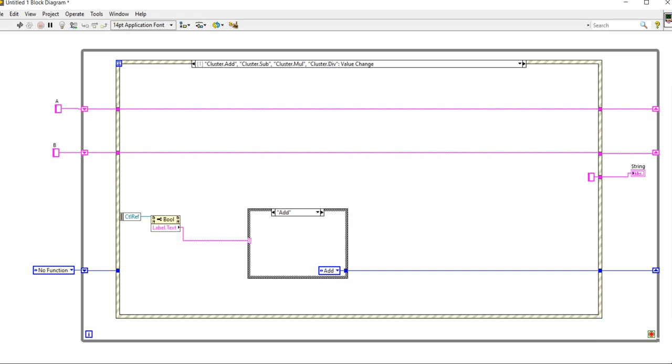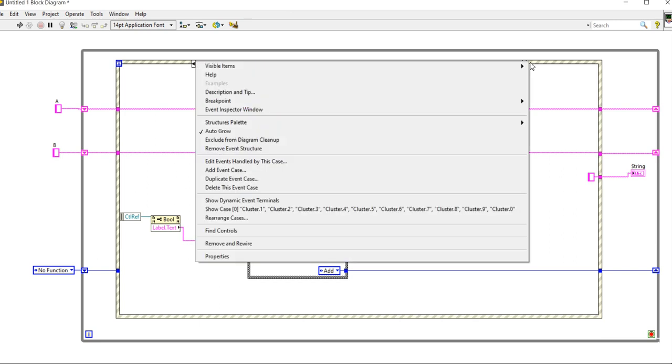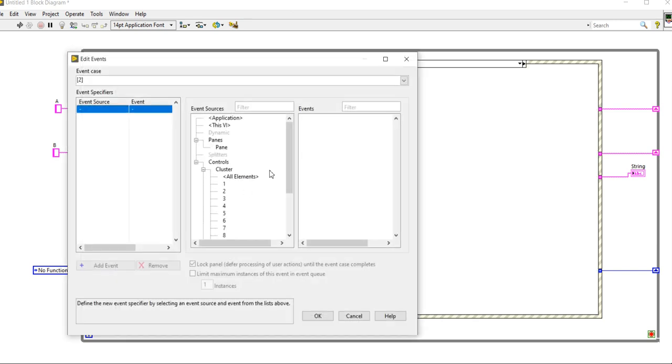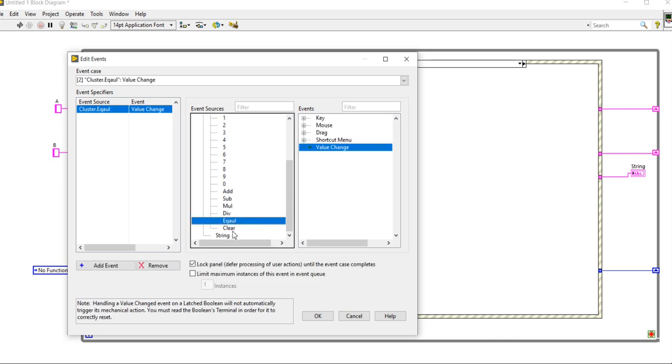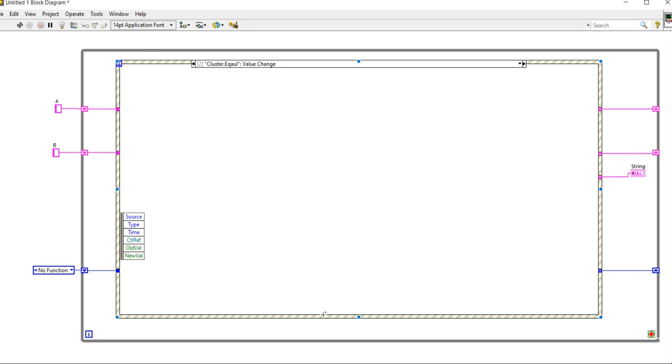Now come into the equal functions. So right click, add event case. Now one is mentioned, that is equal. Here it is the equal platform.